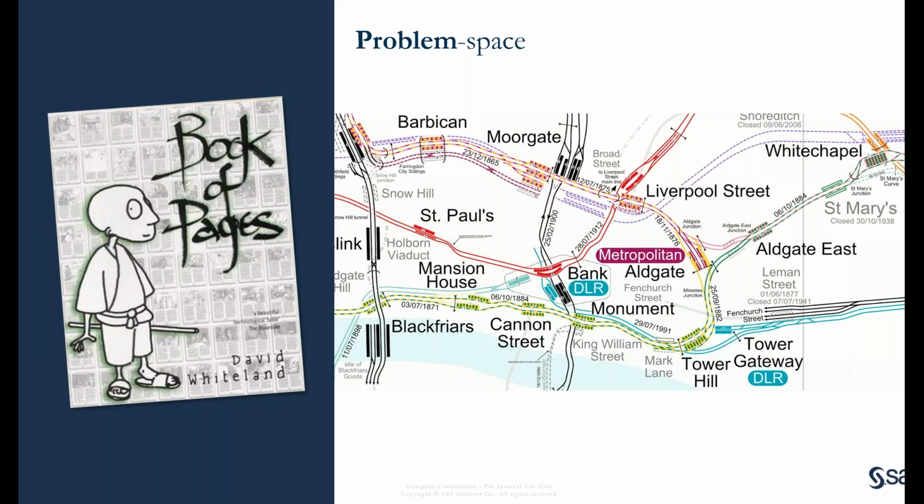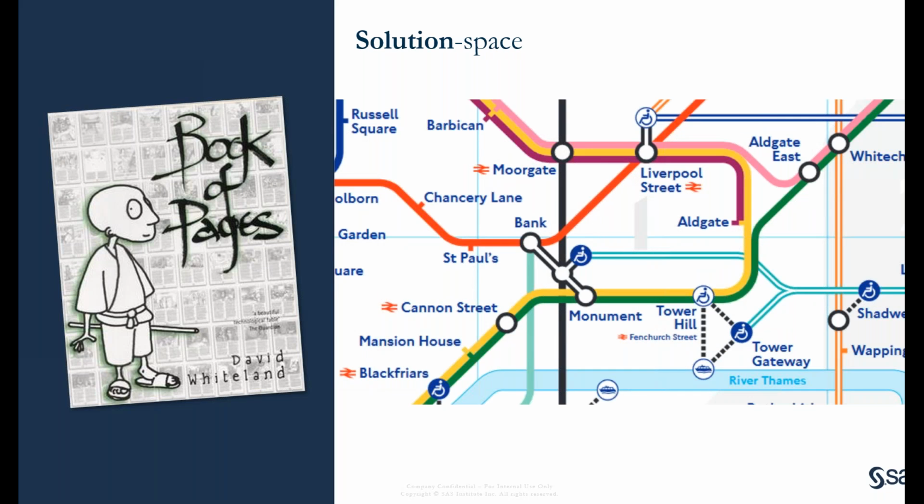This is showing you all the information that you already know about the London Underground. It's a complicated, messy place where it's confusing where to turn and how to get places. The solution space is this. I think it was one of the top 3 designs in the last 10 years. I can't remember what it was, but this solution space, built by an engineer, kind of answers the questions.